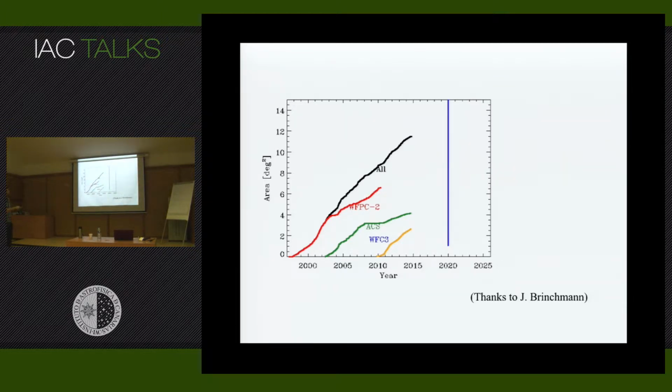And you see that this is most of the knowledge of deep fields that we have, or extragalactic high-resolution imaging, comes from HST. So basically, all of the knowledge we have acquired over the years comes from an area of the sky which is around 10 square degrees, which is tiny.